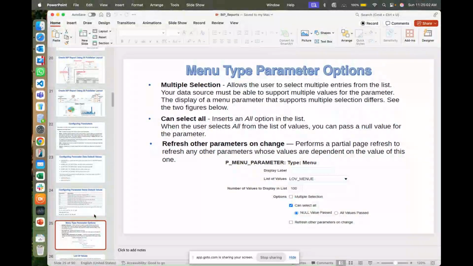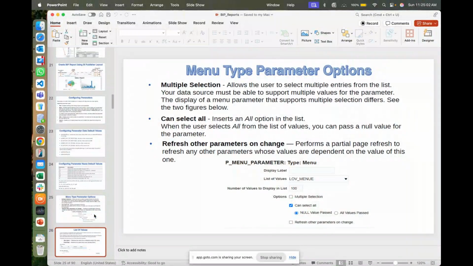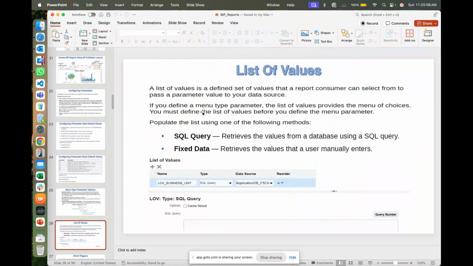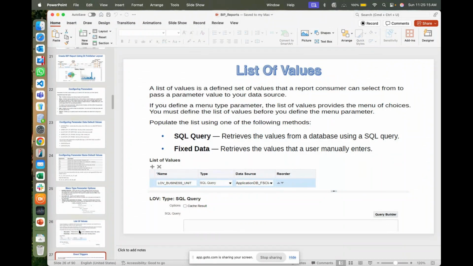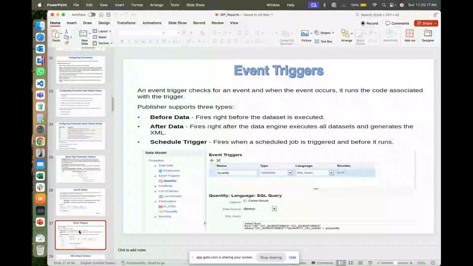So this is what I'm talking about: SQL query and fixed data. Here we're going to write a query, and from this query the pop-up will populate the data for the parameters. And we have some event triggers also. One of the advantages with event triggers is using before and after data, right? In EBS we used to write PL/SQL, but in Fusion it's restricted. You don't have an option to write any PL/SQL package or procedure, and you don't have an option to write any